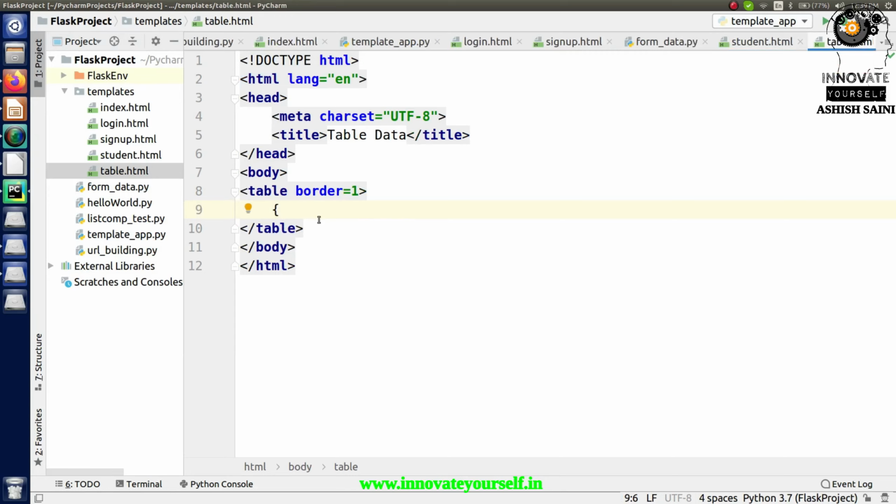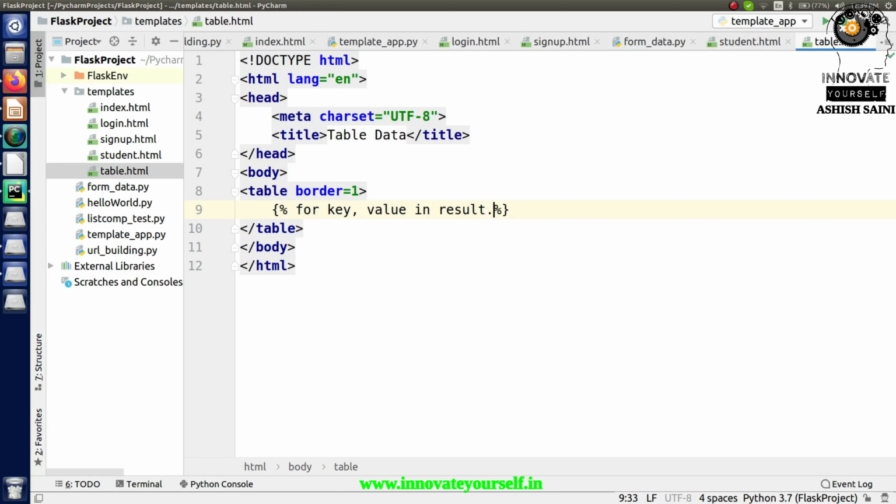So for that, let me show you how exactly you have to pass. So inside these curly brackets and inside this modulus, you have to write the loop. So for, let's say, key comma value, because I will be having the key and value pair in result. So this result is the variable, or let's say this is the dictionary object from where I'm going to collect the values, right?